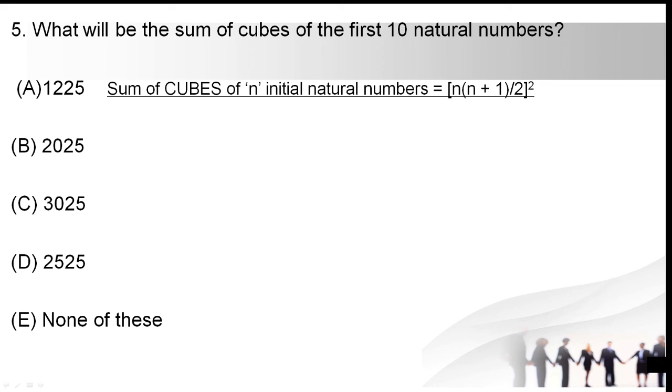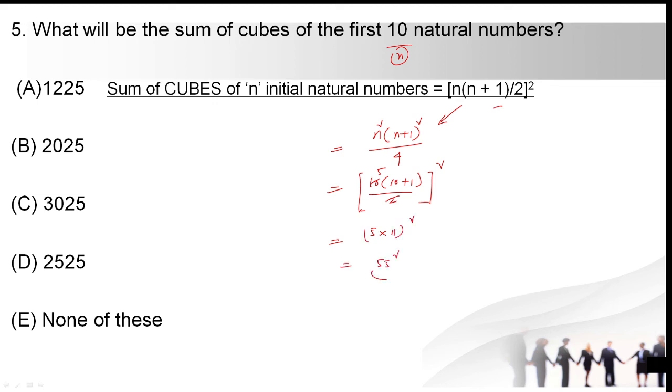Yes, this is the sum of the cubes of first n natural numbers. For n natural numbers, we have a formula, that is n square into n plus 1 square by 4. By expanding this, you will get the same, right? In the place of n, we need to substitute 10. So that is 10 into 10 plus 1 by 2 whole square. I'm using the two formulas, two expressions. So this is 5 times 11 whole square. So now this is 55 square.